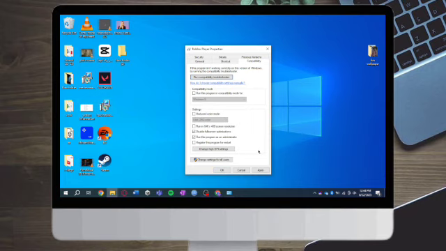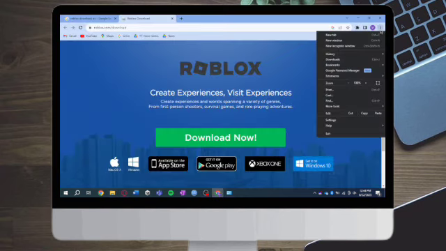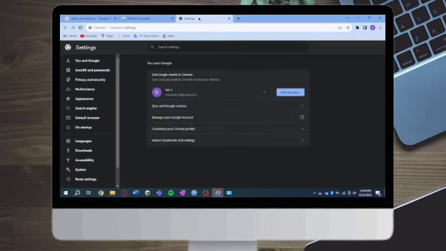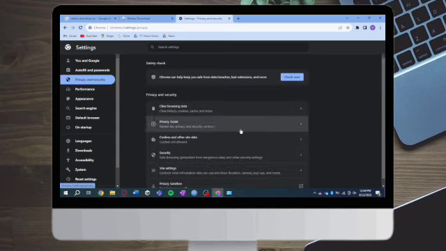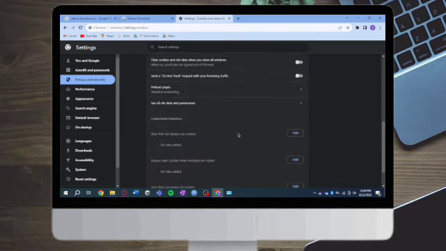Now, if that still doesn't fix your issue, then what you need to do is just head over again to your browser, and then from in there, click on the three dots, click on the settings, and then this will direct you to the settings. And the next thing you need to do is just head over to privacy and security, and then from there you can see the clear browsing data. So you can just click on these cookies and other site data, because either way they are all vital on your process. So just click on these cookies and then just scroll down,